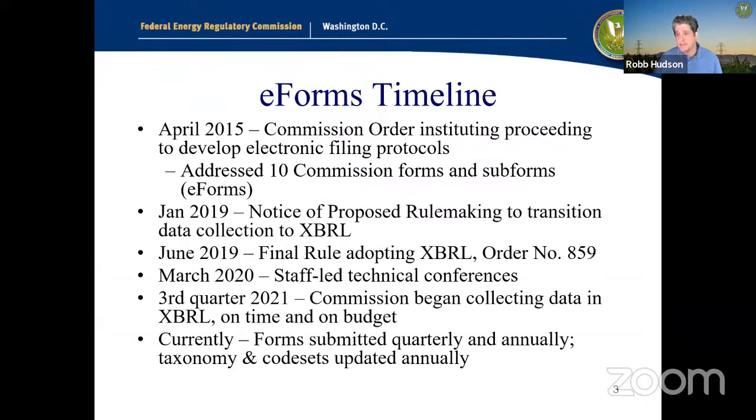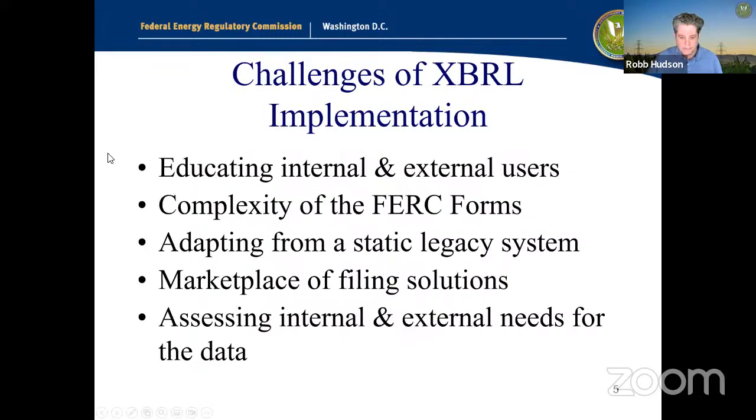I'm just going to jump into it and give you a little background about the eForms project, when it started and things like that, and when I started at FERC, and there's a reason for all this. So the timeline is on the left, but I began working at FERC in 2014 and was given this project on top of all of the other duties I was specifically hired for. It's doing energy analysis and other things. And at the time, we